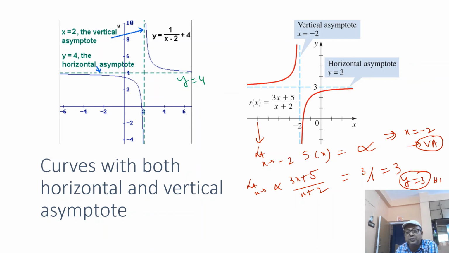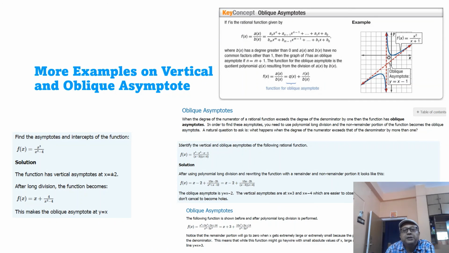This time I am going to explain another method of finding an oblique asymptote. When you are going to find an oblique asymptote for a rational curve mainly, you have seen that if the degree of x in numerator is greater than the degree of x in denominator, then no horizontal asymptote exists. In all other cases it will exist, but it will not exist if the degree of x in numerator is larger than the degree of x in denominator.